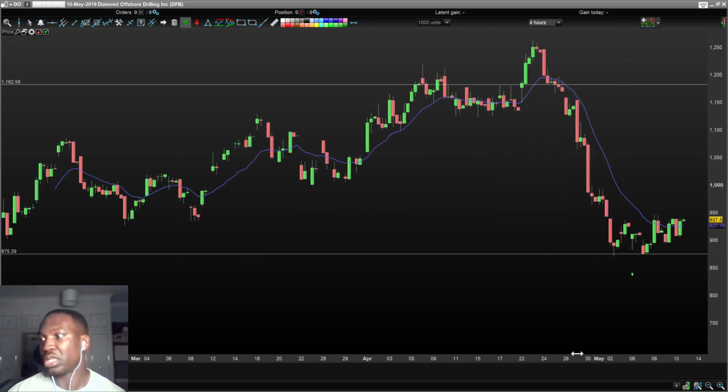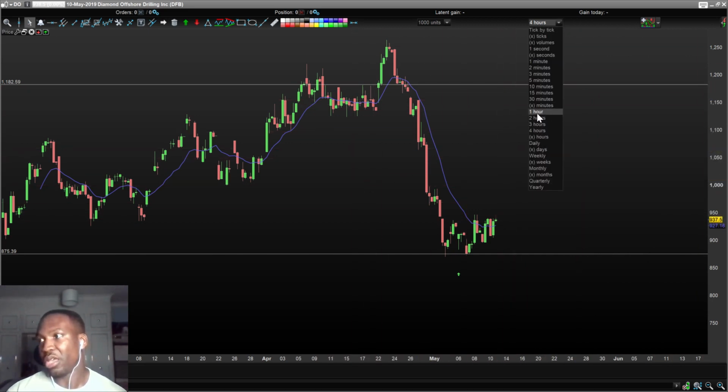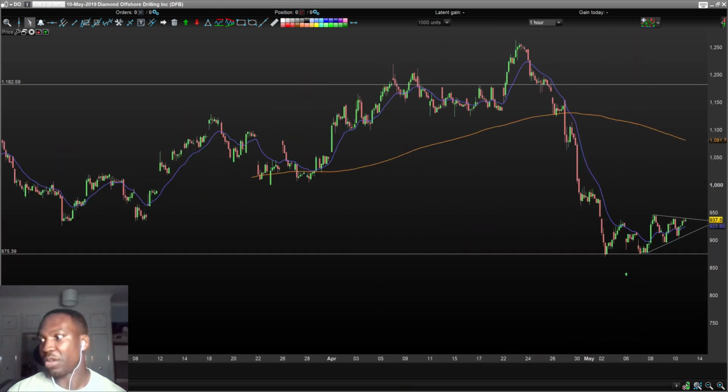What I want to see though is that on the 4 hour chart, I want to see price clearly break out of the 15-day exponential moving average, which is this purple line, and then potentially consolidate before I enter a long position. This is a great stock for people that have smaller accounts, because it's at $9.37, which is quite cheap. If I drill down a little bit further into the 1 hour chart,